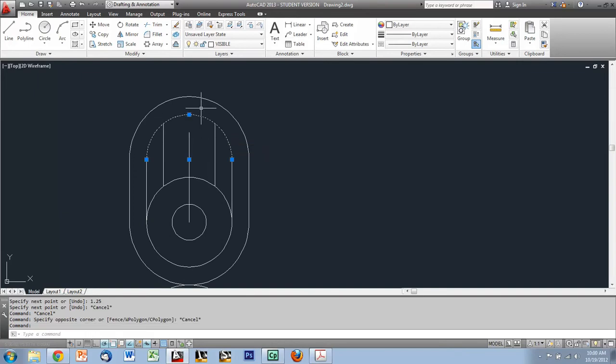When I click on these arcs, you can see that the center point instead is down here, based on the grips. So what we need to do is take this center point and move it up to here, to the end of the line. So when I have these two arcs selected, I'm going to use the move command,